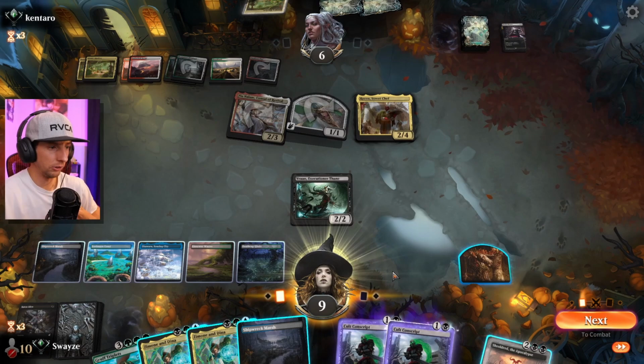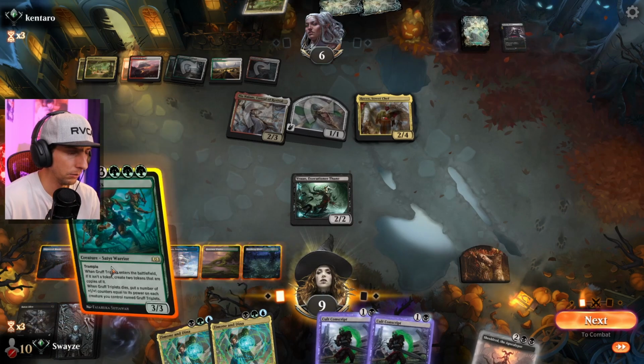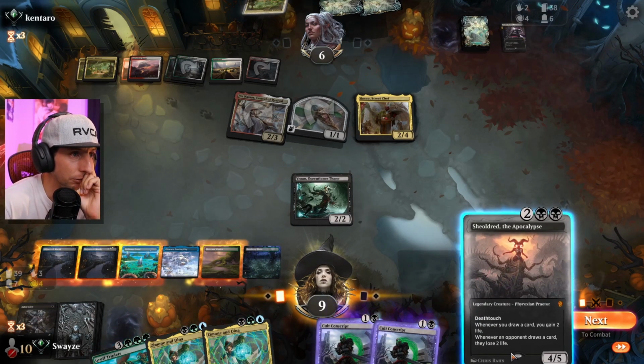All right, we get a Shieldred. That's actually really good. But I'm gonna go... Man, I really want to go with the Gruff Triplets because they can kind of close out the game for us here. I mean, this is still really good too, but...